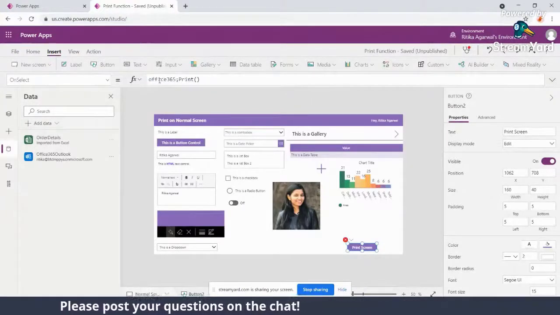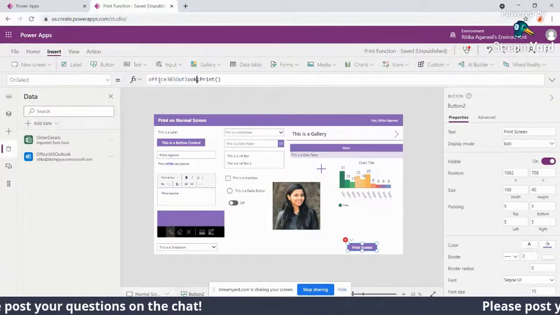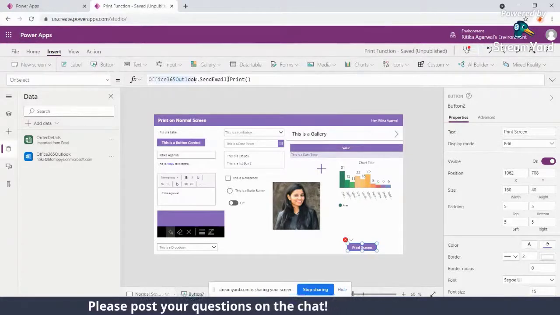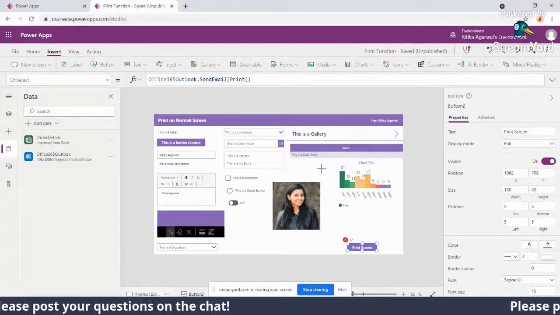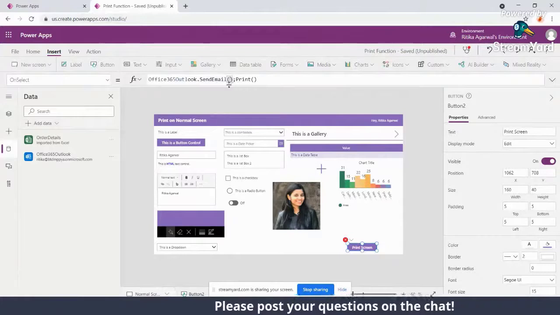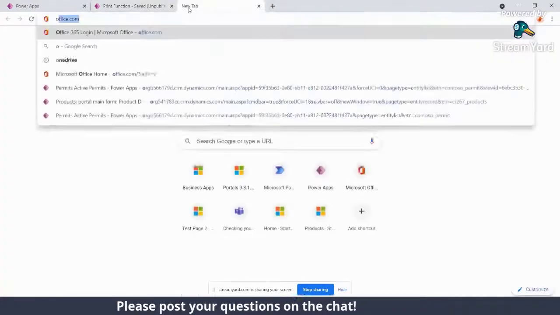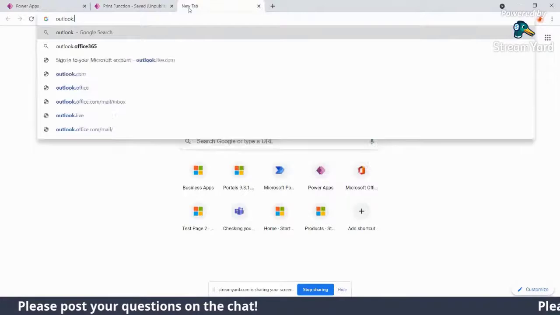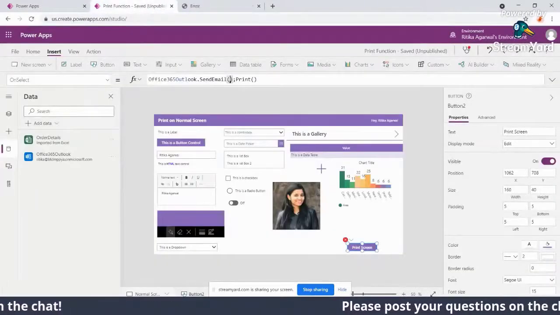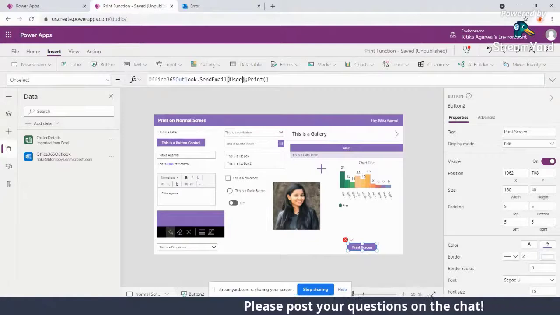Office365Outlook.SendEmail. And then I can pass the values inside of it. So now let me open my Outlook in the meanwhile, and we'll pass the parameters here.